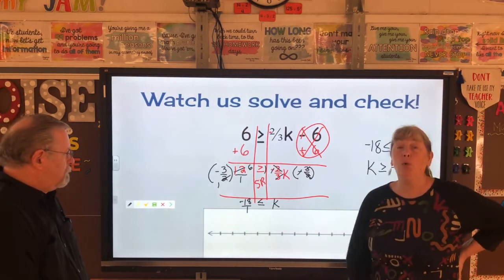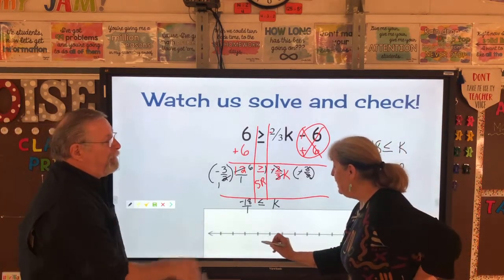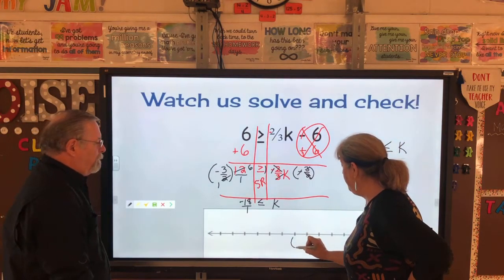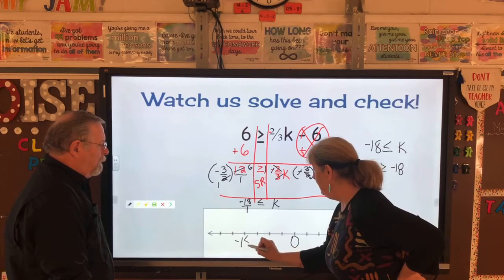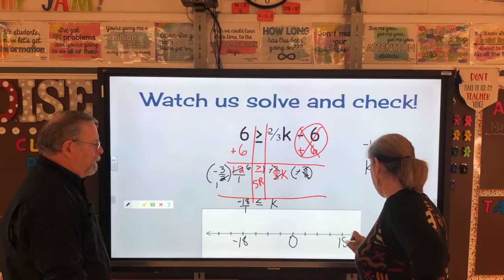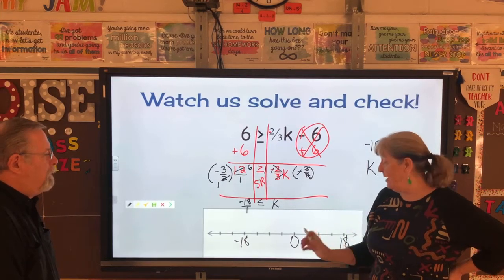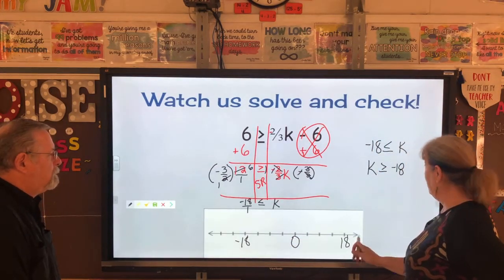Now I have a totally blank number line here. And now you can see why it was totally blank, right? Because we're going to have to start this thing around negative 18, kind of put it in the middle. I always put a 0 somewhere. I'm just going to go down here and put a negative 18. And then I'm going to skip 1, 2, 3, and then I'm going to put a positive 18 here. I am pretty lazy when it comes to my number lines. As long as I have a 0, the number I'm starting with, and a number on the other side,